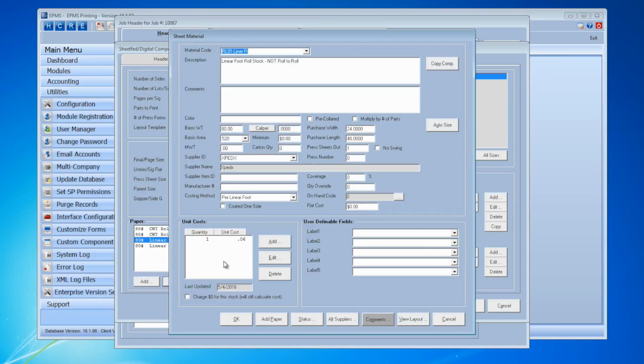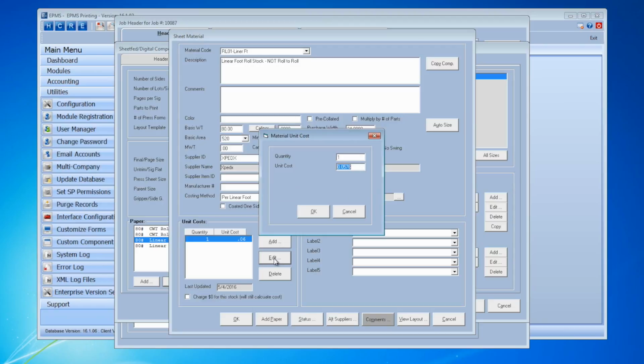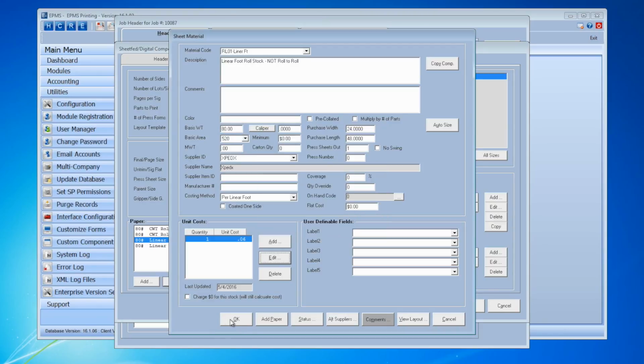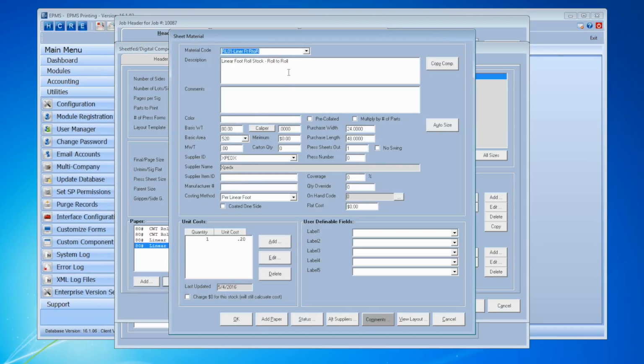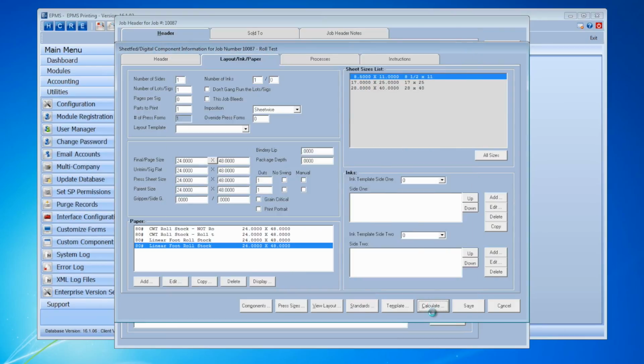Same thing with linear feet. I have my not roll to roll stock here, and my price here is my price in per linear feet. And when I expand it, you can see that 6 cents is actually a rounded number. It's really 0.0576. And then I have my linear foot that is roll to roll, and that one has a different price. It's actually 20 cents, but we know that this is a per MSI price because that's the costing method I'm doing. Now when I hit the calculate button on this,